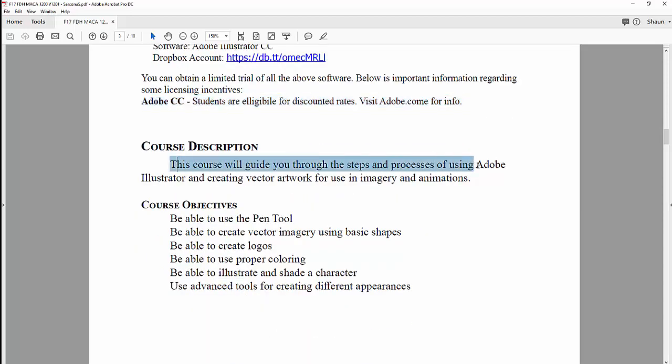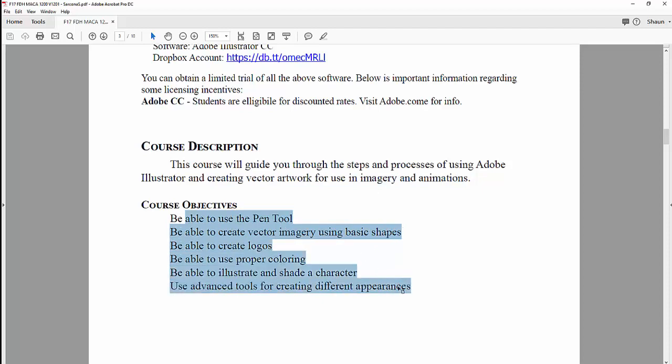The course will guide you through the steps and processes of using Adobe Illustrator, creating vector artwork for use in imagery and animations, be able to use a pen tool, create vector imagery, logos, use proper coloring, illustrate and shade a character, advanced tools for creating different appearances. Okay, so we'll be going over a lot of stuff, and the whole purpose of Illustrator is that we are